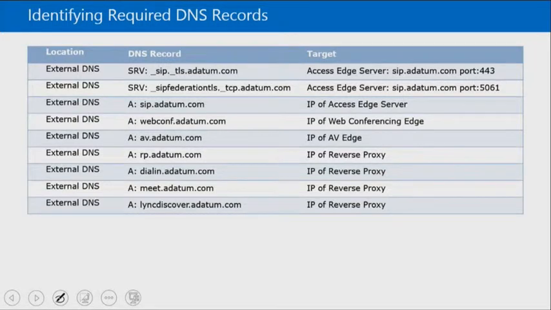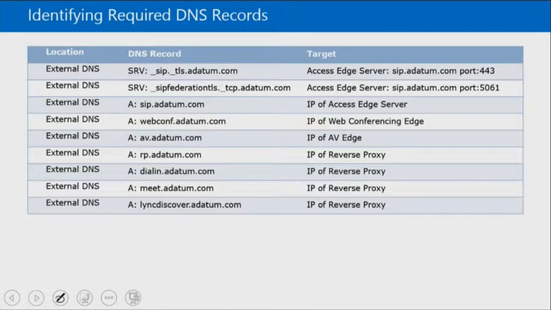On this next slide, we're talking about the different DNS records that are really required. That's a lot of records. What, 8? Okay, it looks like a lot of records. It does. I agree. It's also interesting how many point back to the same thing in there that are A records. Yeah. No, there's really just a couple of SRV records that end up pointing to A records in the background on specific ports. And then a lot of these things end up going to either the reverse proxy or they're names that are specific to one of those 3 ports and IP combinations that were on the outside interface